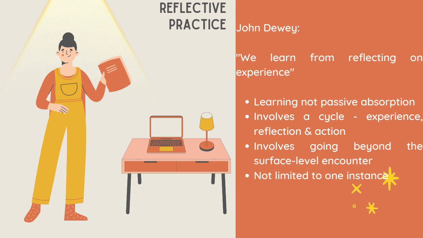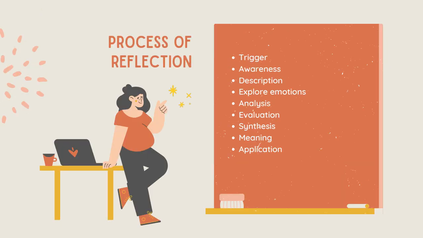If we then have a look at the actual process of reflecting, we see that, and again, this is not cast in stone, and it's not going to be the same for everyone. It's also not going to be the same for every reflective moment, but it really just involves a combination of these steps, and it doesn't have to necessarily be linear. It doesn't have to be step by step by step in order. It can happen in a non-linear way.